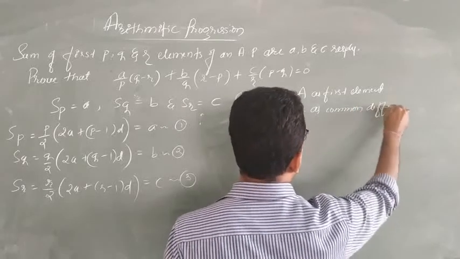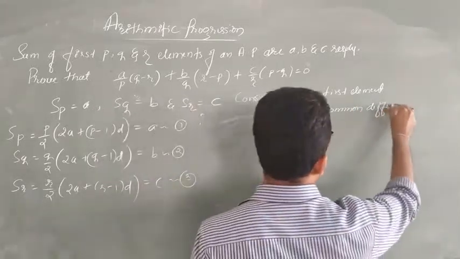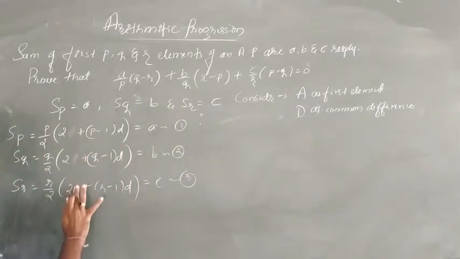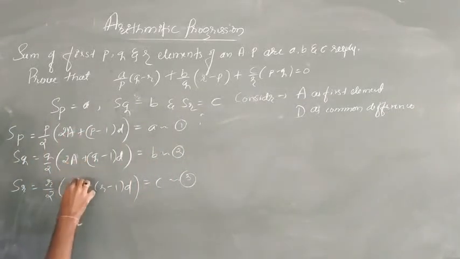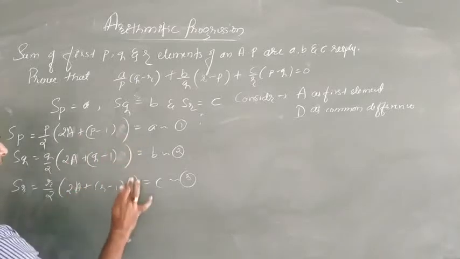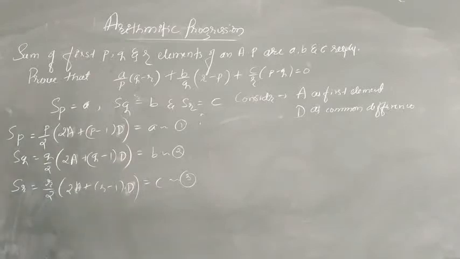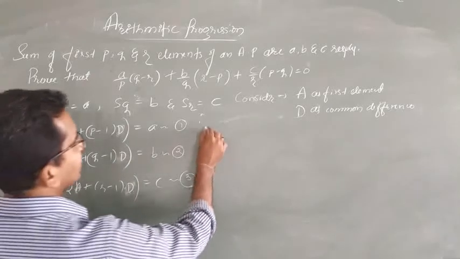Common difference. Otherwise they repeat again here, so that's why I have taken the capital letters. In place of small a, I will take capital A. In place of small d, I will take capital D. So they are not repeated. Okay? So now from 1,